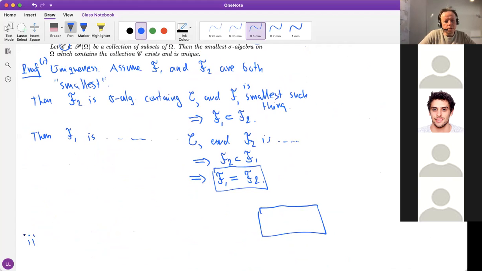And let's look at part 2, existence. So how do we prove that there exists a smallest sigma algebra containing a collection C? Sometimes we do it by proving,